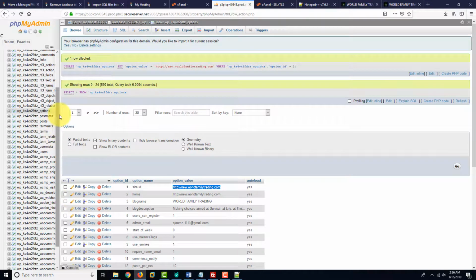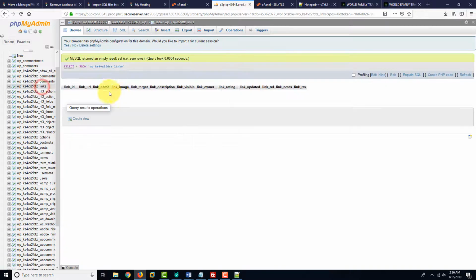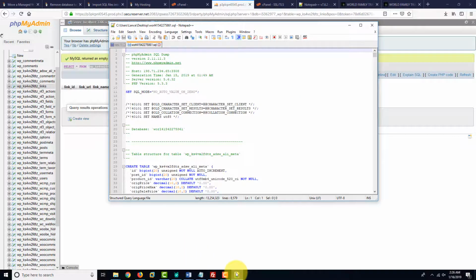So to recap, at least those final steps there, because I did them a little bit out of order, we dropped the tables, we uploaded the SQL file, which had the new tables in here. We took the table prefix, which is going to be this one here, WP underscore blah, blah, blah, underscore options is the ending there. So pretty much everything in front of options, or let's say you're in a different table such as links, you can grab it here, everything in front of links. We took that and we put that into the